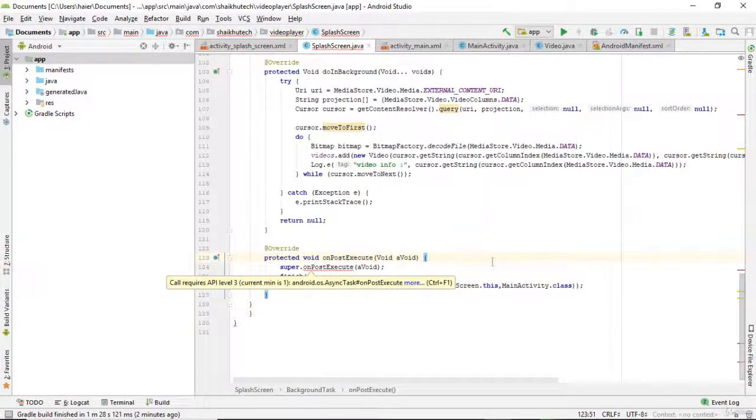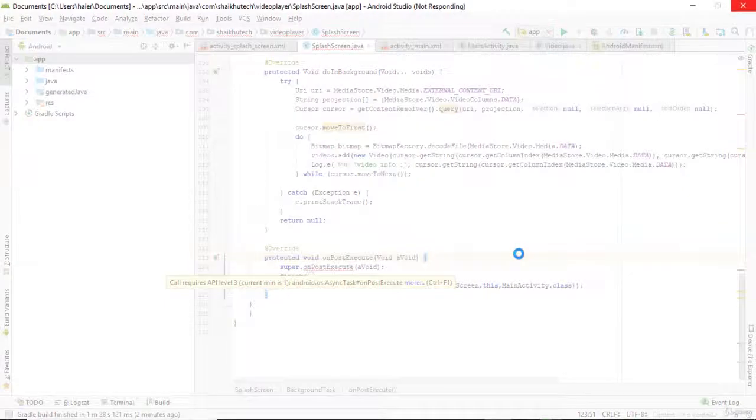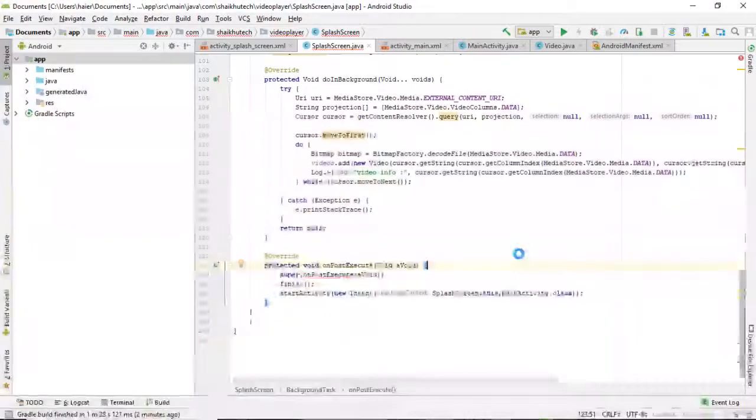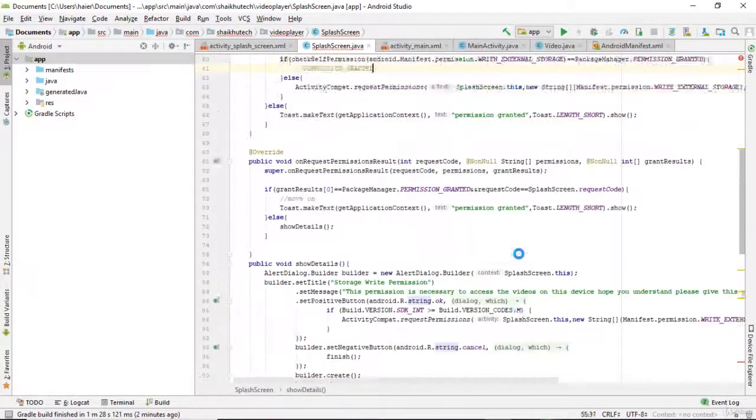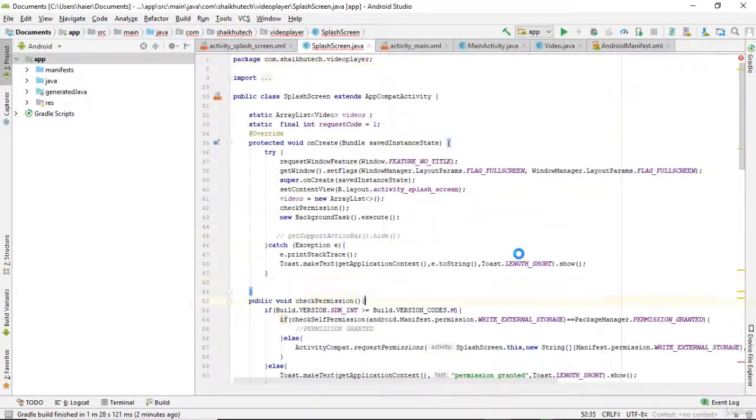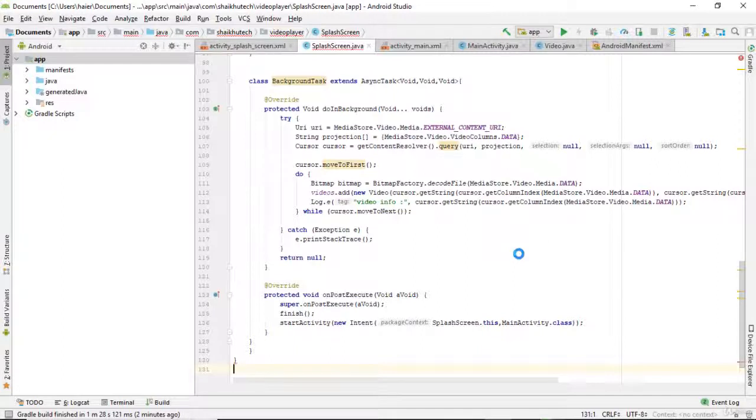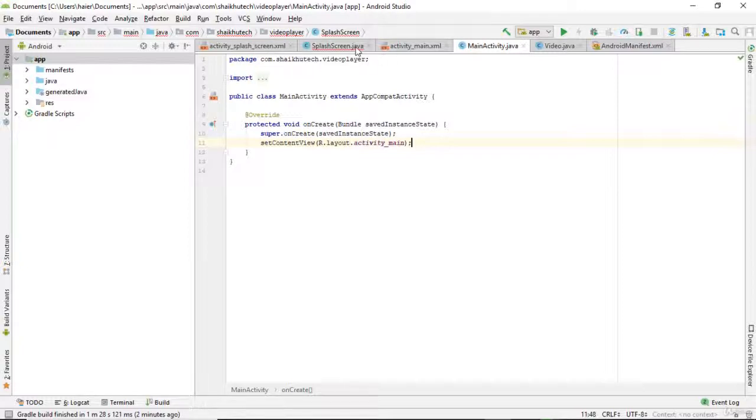Android AsyncTask onPostExecute. Alright, the error is gone. Let's see if there is something else. There is no error anymore. So what we need to do is go to activity_main,